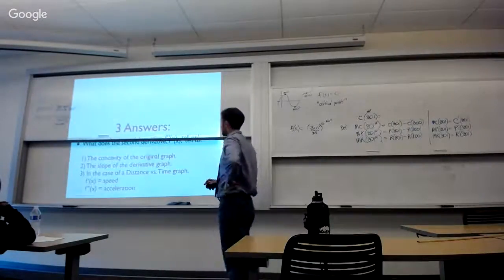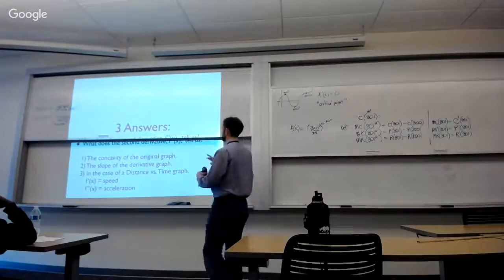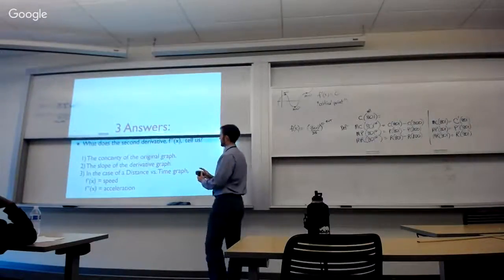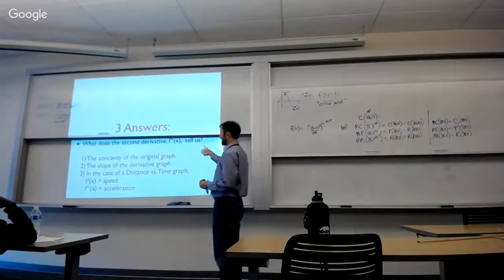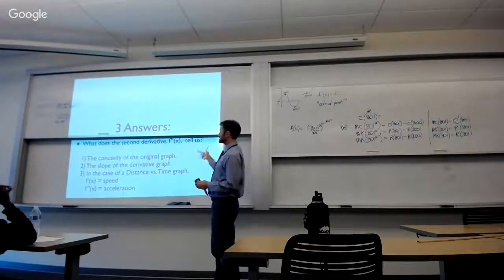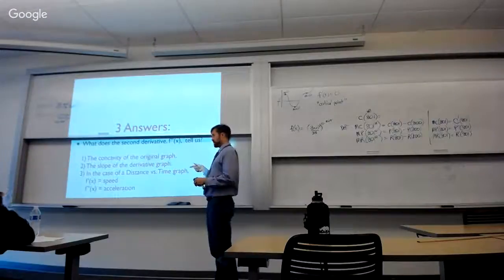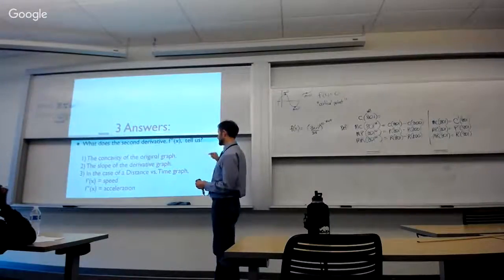Okay, so what does the second derivative tell us? Do I have a question? What does the second derivative tell us? It tells us the concavity of the original graph. It tells us the slope of the derivative graph. And it tells us, in the case of distance versus time,